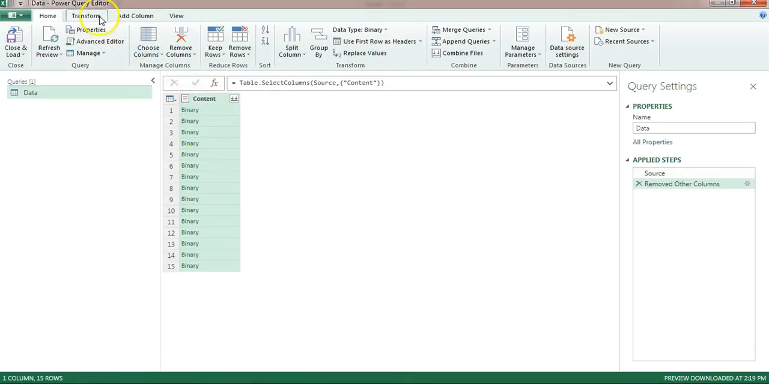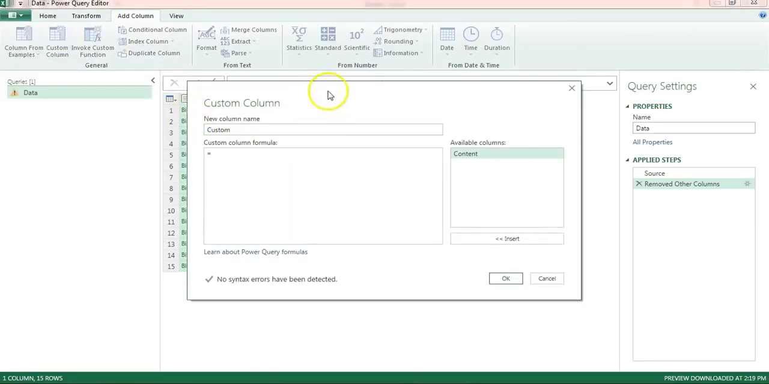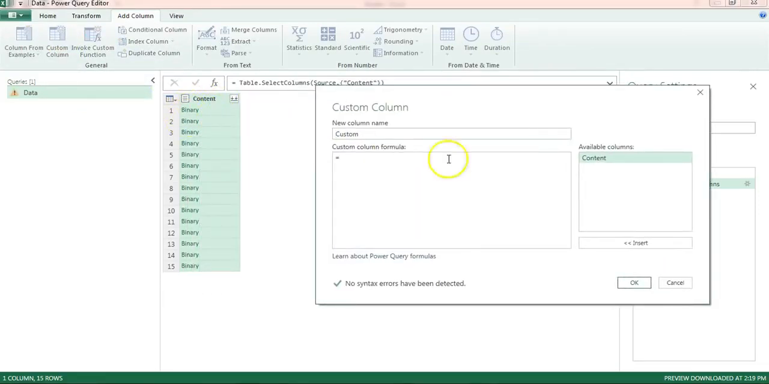Now I'll go to Add Column and click on Custom Column. So we will add a column to get the content of this table. Whatever is available in this table, we will use a formula. Let's say we can use the column name as File Data, whatever data is available for the respective file. Put here